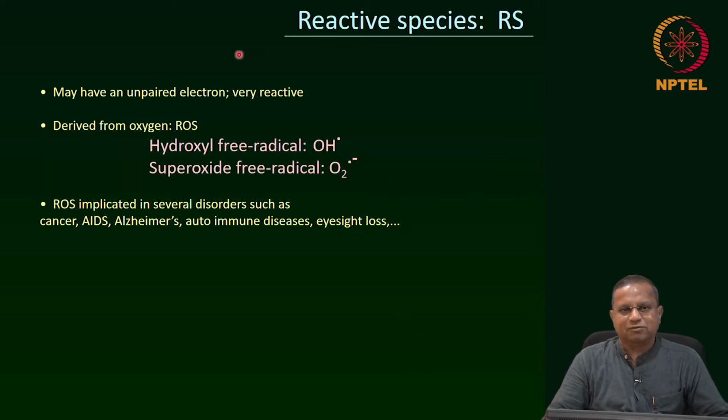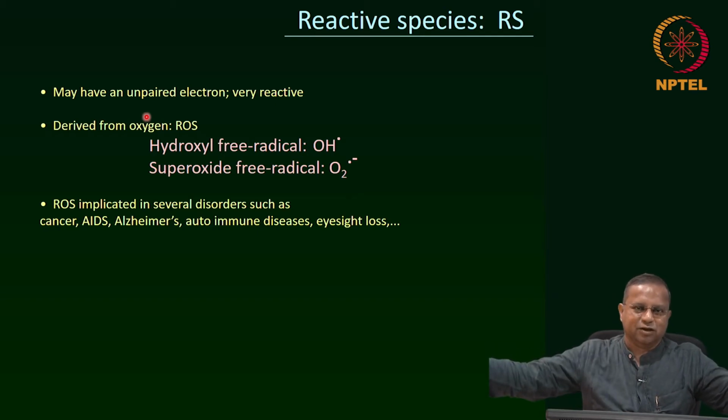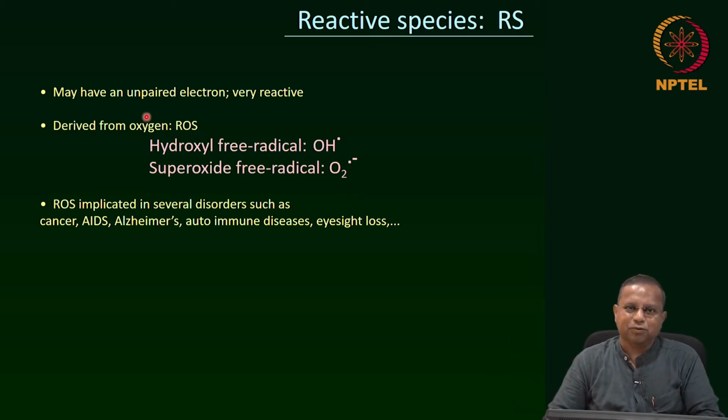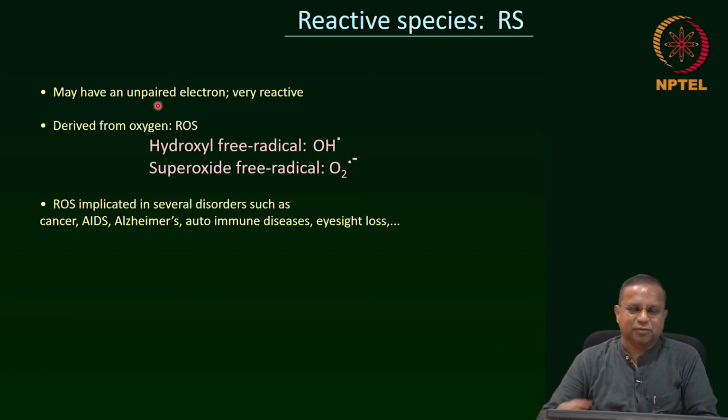Some background on reactive species for you. Many of you may not know what they are. They may have an unpaired electron, may not. They are very reactive. In comparative terms, the second order rate constant for hydrogen peroxide with iron is only 76 per molar per second. The hydroxyl radical rates are typically of 10 power 9, 10 power 10 per molar per second, the second order reaction rates. So, it spans a wide range. So, it is only by practice we will know what to categorize as reactive oxygen species or not.